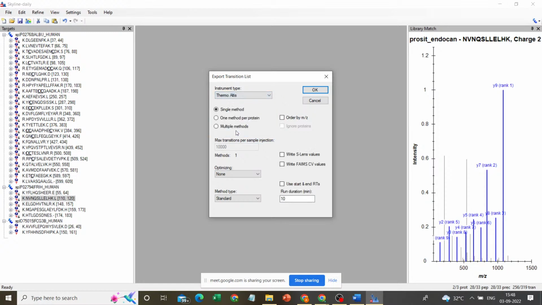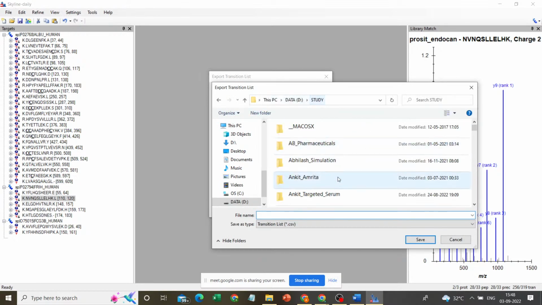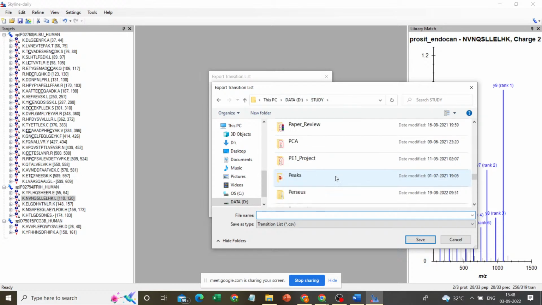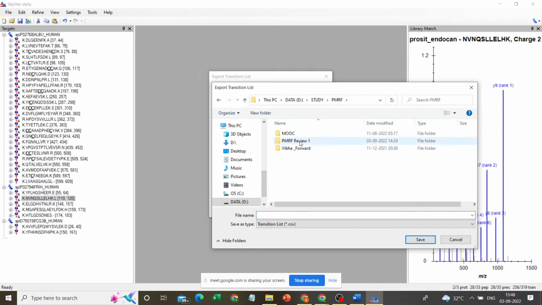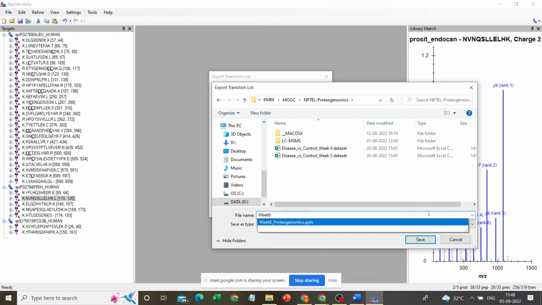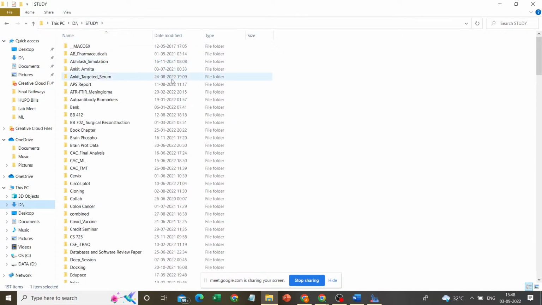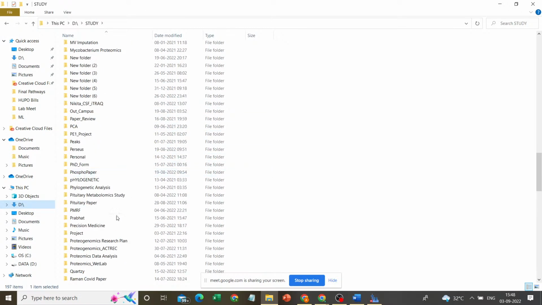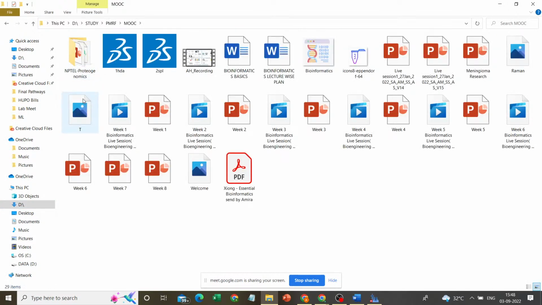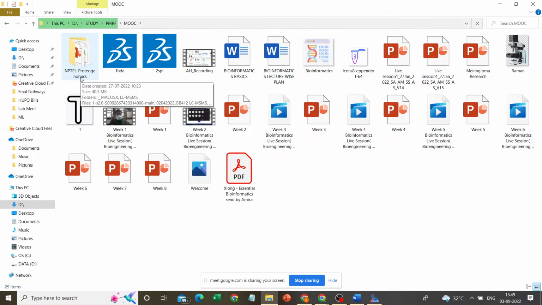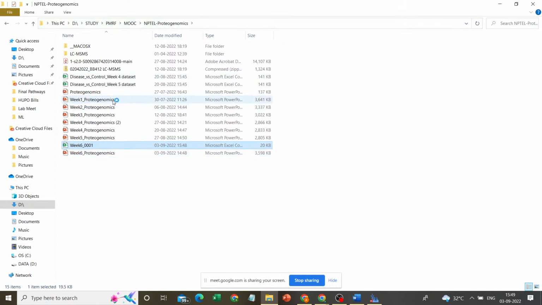You will give accordingly the instrument you want to check. So if you open this Excel file,